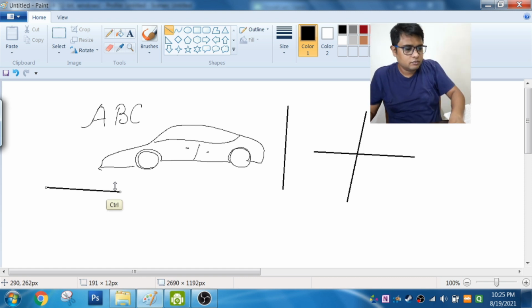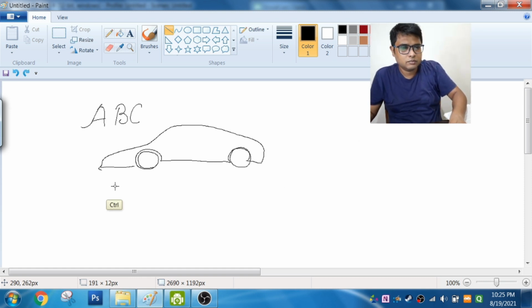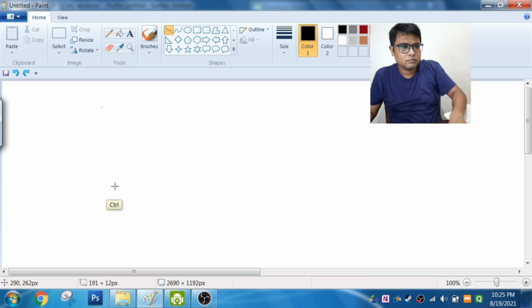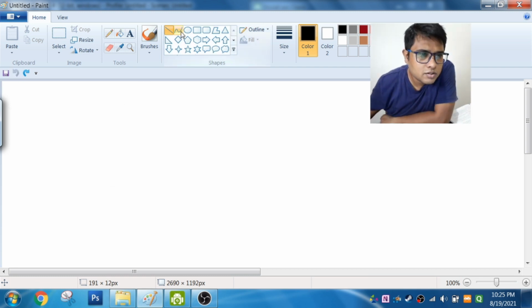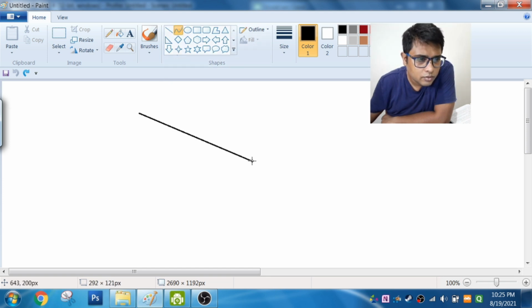Then we have the curve tool. I'll show you how to use the curve tool. This is my curve tool. I click here. Now see what happens. I click here, I make a line, and then I start pulling it towards any direction, and a curved line will be formed towards the direction I pull it.